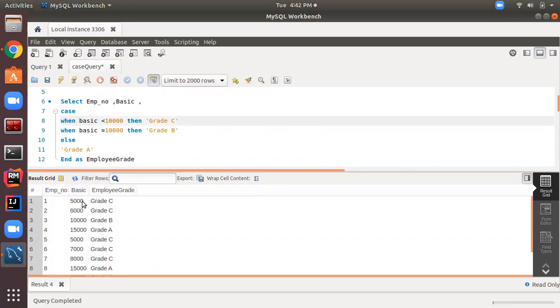Employee number 1 has basic less than 10,000, so it's showing as grade C. Since it's equal to 10,000, it's showing the grade as B for employee 3. And for employee number 4, it's showing grade A since it is above 10,000. That means our query is executing successfully. So this is one of the usages of case statement.